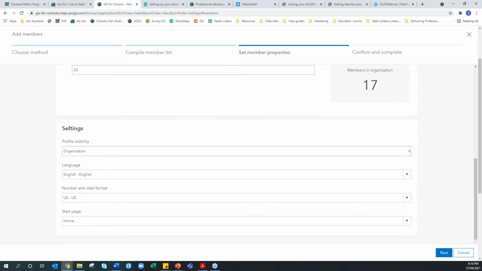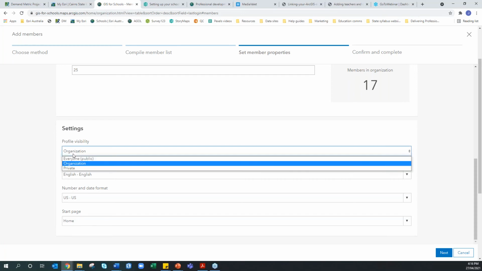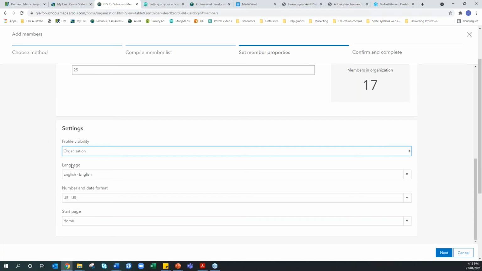And then lastly, down the bottom of the page, settings. So who do you want to be able to see their account? My encouragement is that you stick with organization. That means only members of your school can see that person's account. It doesn't mean they can see the content in that account, but it means that Daffy Duck will be able to see Minnie Mouse as a user,